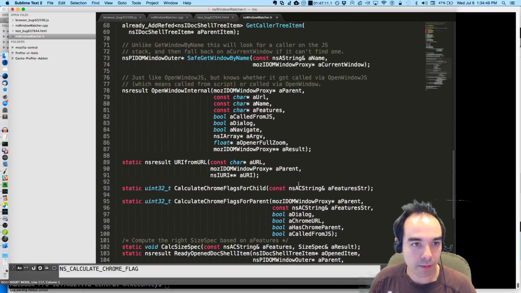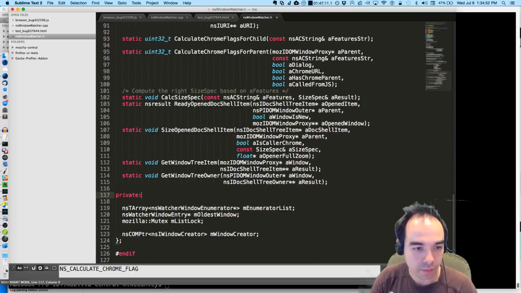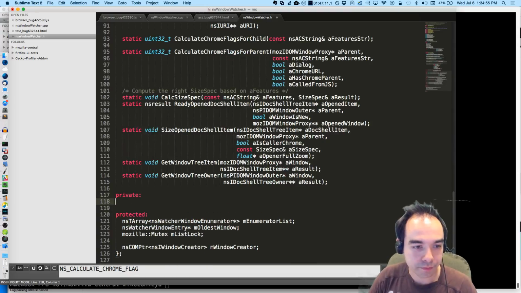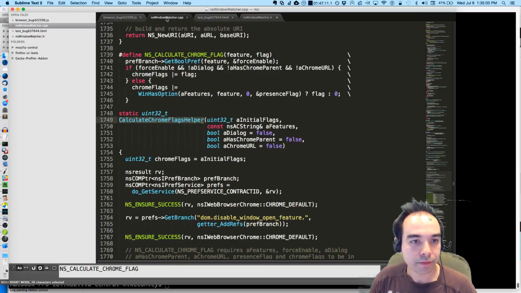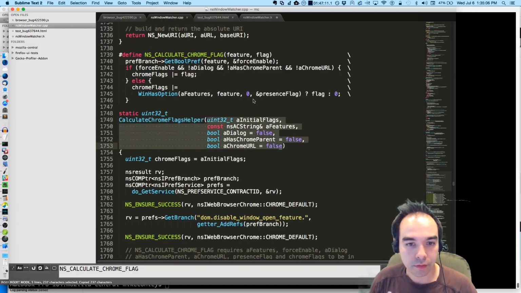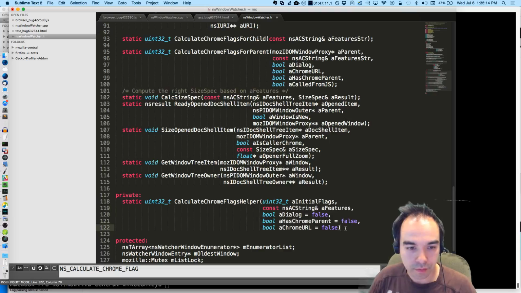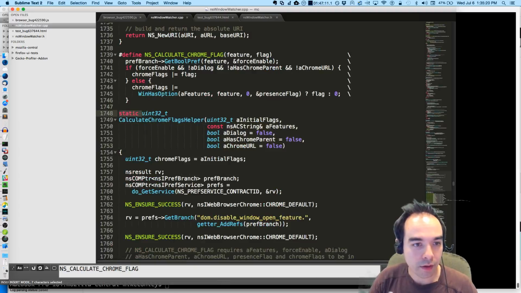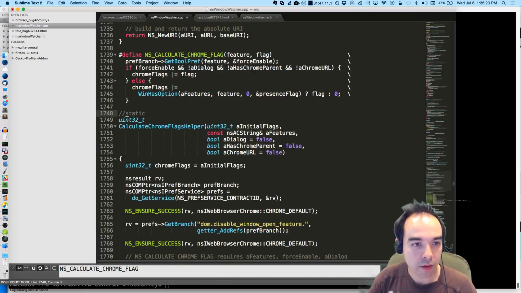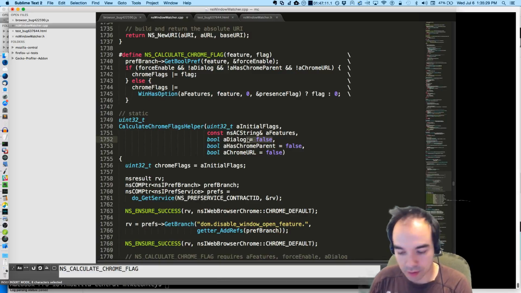Private, I might make them private. Protected. Static. Calculate Chrome flags helper. And then I can get rid of that. Static, and then these are like this.